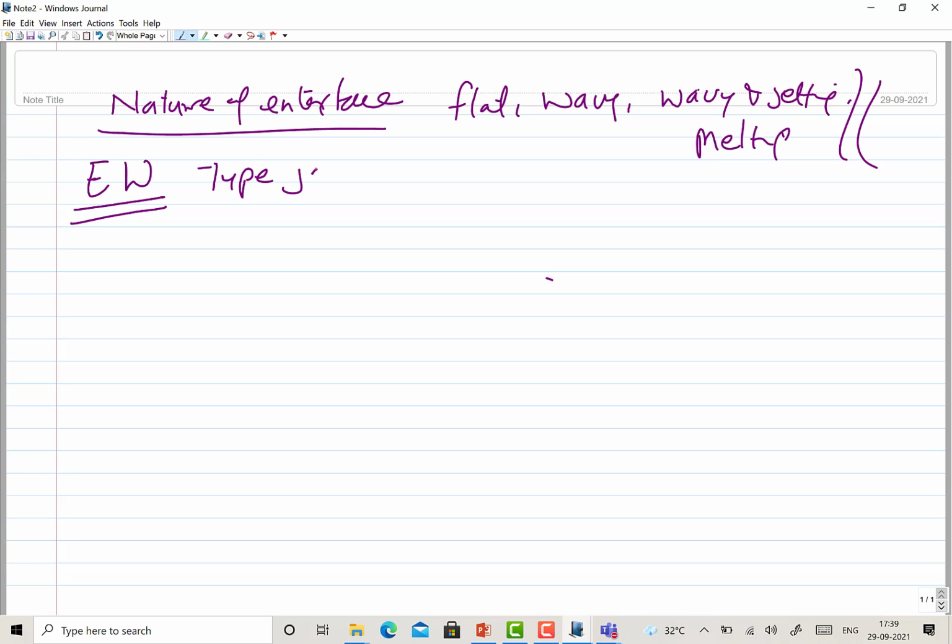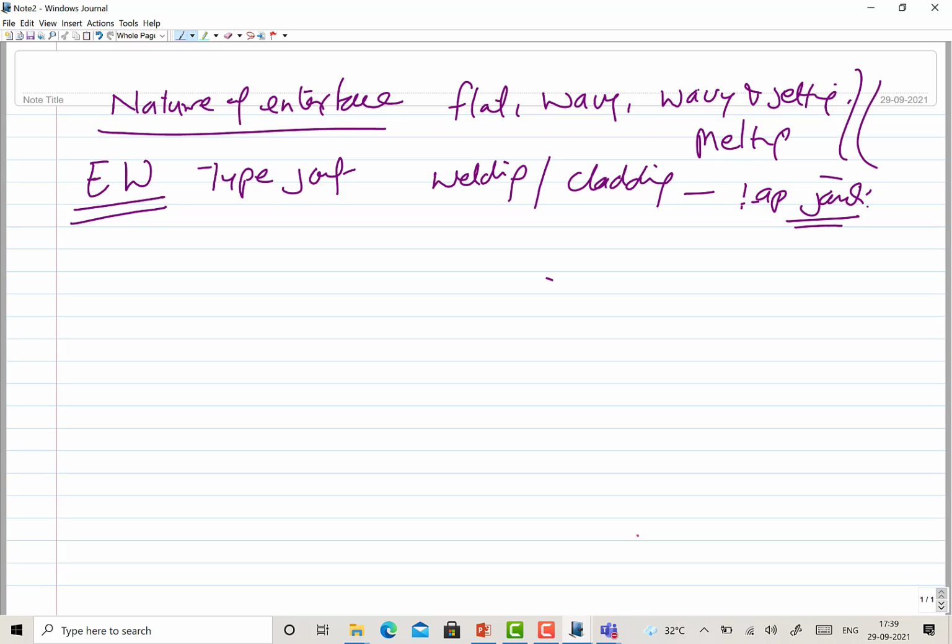Lap joint, yes, type of the joint. So invariably, either for welding or for cladding purpose, it uses lap joints. And these can be used even for developing transition joints where you have one side aluminum, another side copper, or one side titanium, another side steel. So those joints are also developed.